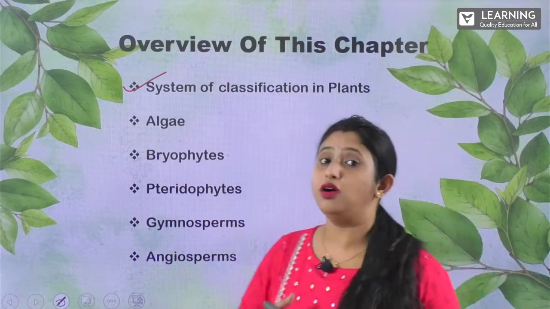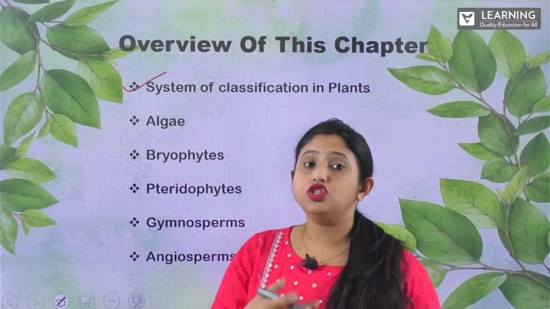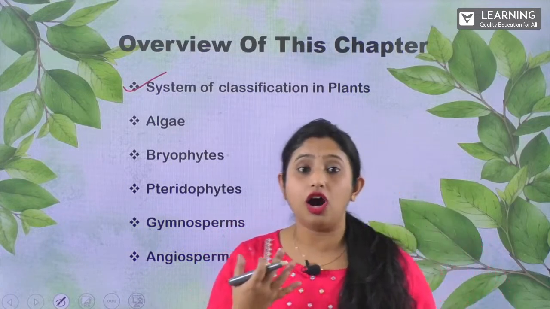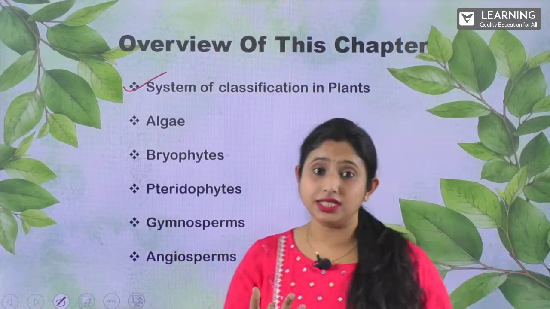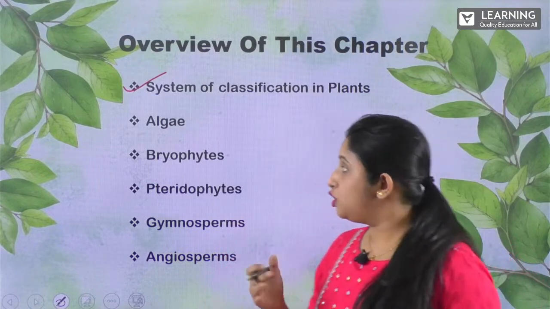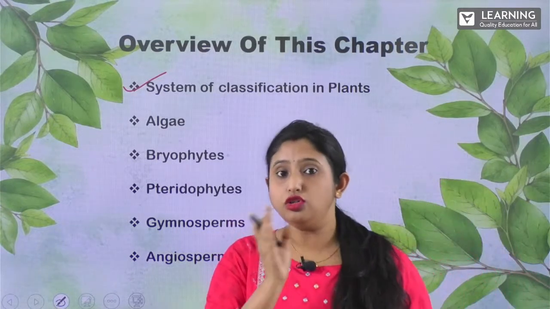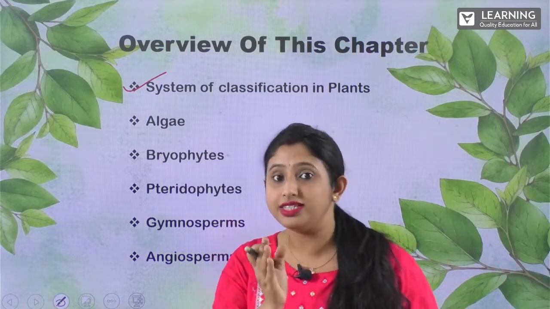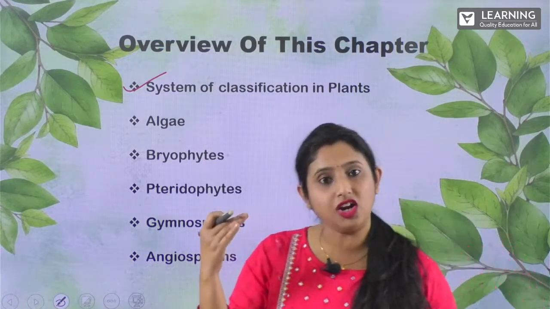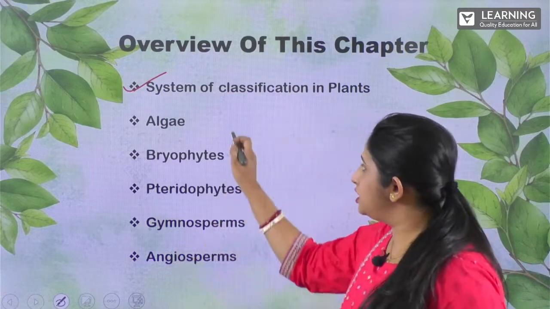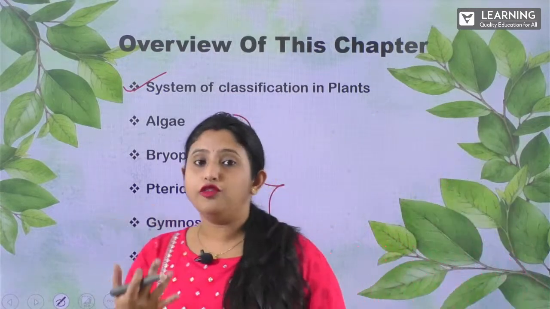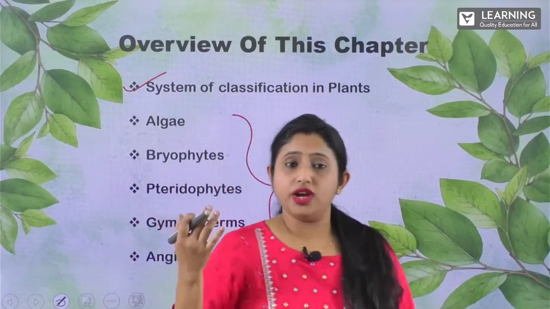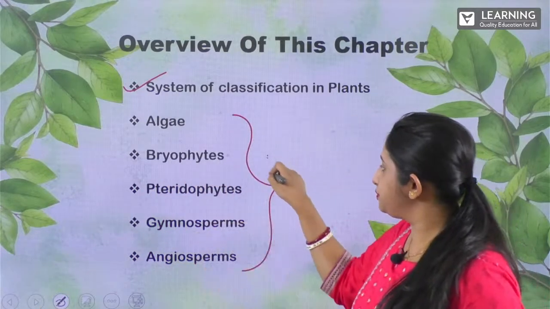Next, you will learn about the various divisions. In case of plants, we call it a division, whereas in case of animals, we call it a class, right? So the phylum is categorized into 2. One is plants, called division, and the animal is called class, right? So these are all the divisions. The plants are divided into 5 categories. So first one is what? First one is your